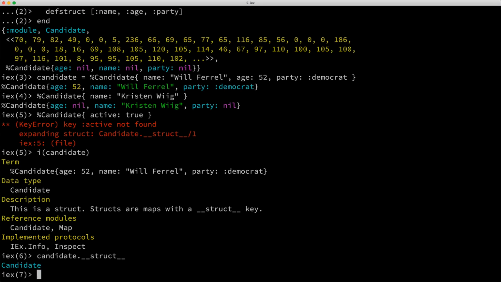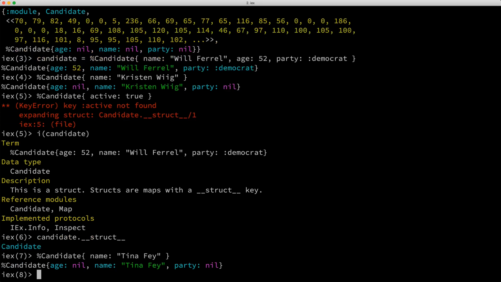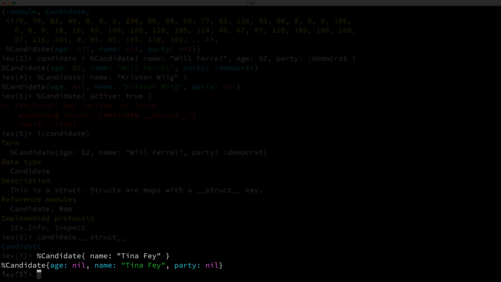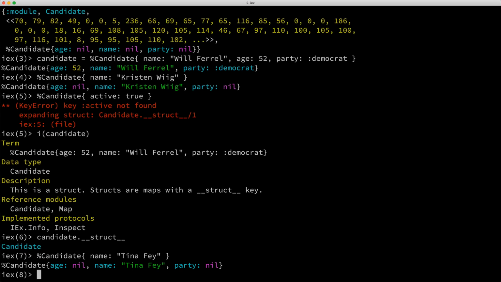I want to look at one more thing. I want to create a new candidate struct, but I'll only provide the name. Now in this case, which is similar to what you saw earlier, the age and party fields defaulted to nil. But what if you'd rather not have these two fields default to nil, and instead you'd rather they defaulted to some other value? Well, this is possible, and the way you do this is by changing how you define the